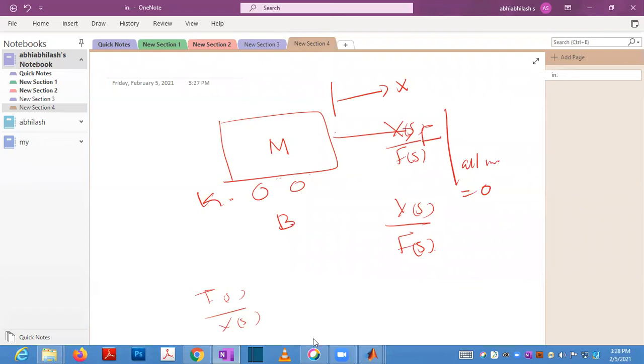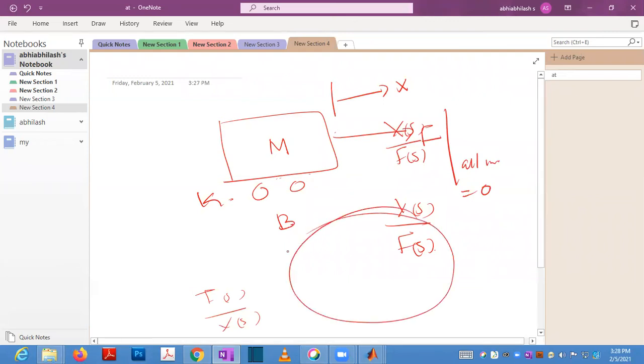That is why it is called a transfer function. F is the cause and x is the effect. So effect to the cause is the transfer function. So you can derive the transfer function between x of s to f of s.